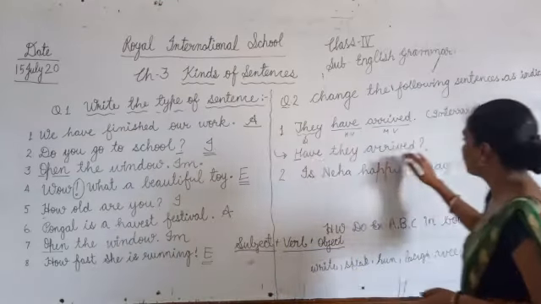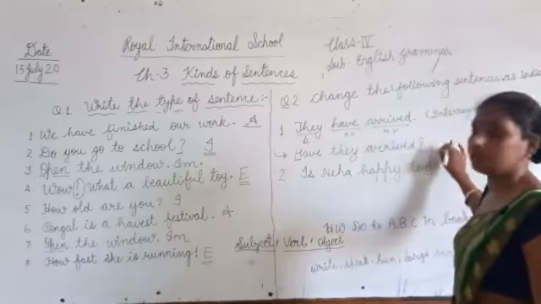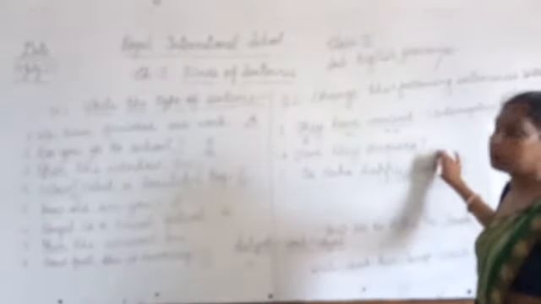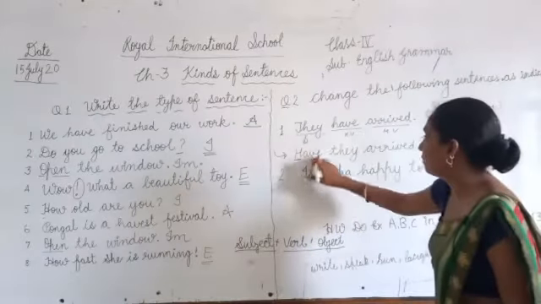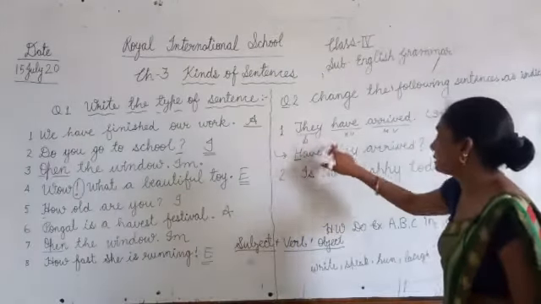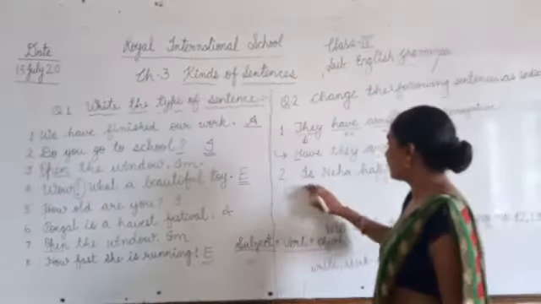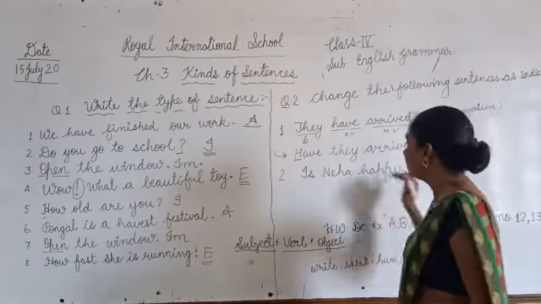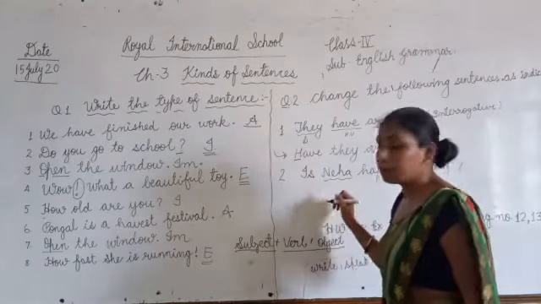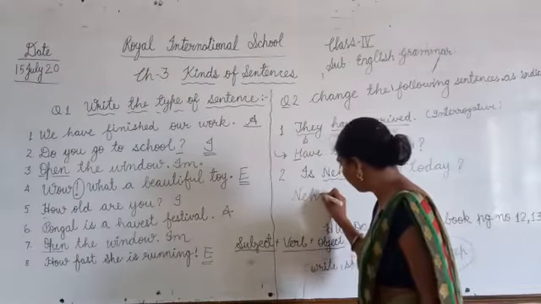Put the question mark. It is compulsory. When you do not put the question mark, the answer will be wrong. So for interrogative, first we put the helping verb with a capital letter, then the subject and the main verb. Is that clear, student? The second question is Neha happy today? Simple. Neha is the name of a person. So we will put the helping verb first.